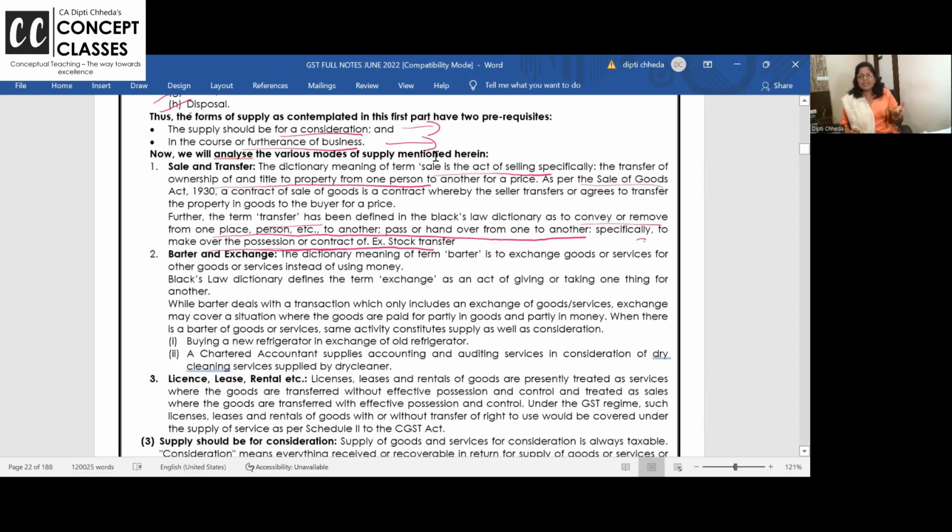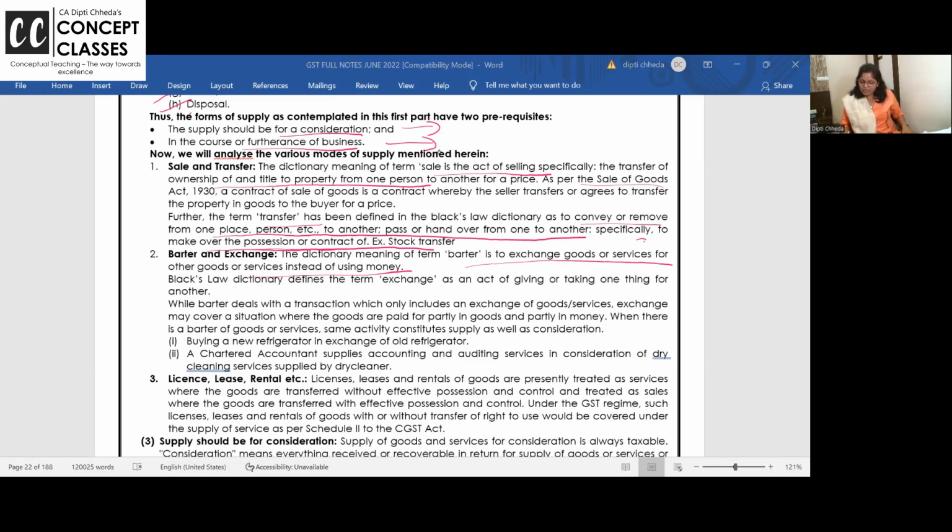Now barter. Barter I have already told you. I am giving you teaching services. A doctor is doing an operation, and instead of charging for the operation, from the client he is buying a car. हाँ, knee replacement का operation कर दिया और against that car खरीद लिया आपके showroom से. Barter is exchange of goods or services instead of money. We all know what is the barter system. There's no money, but is there consideration? Yes. Is the consideration in kind? Yes. Barter deals with transactions which only include